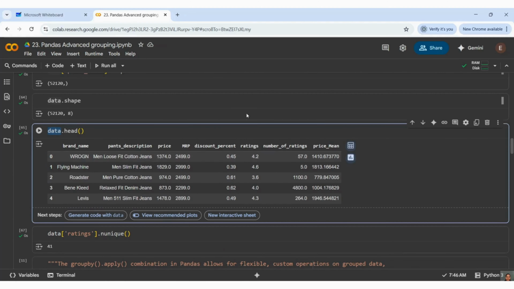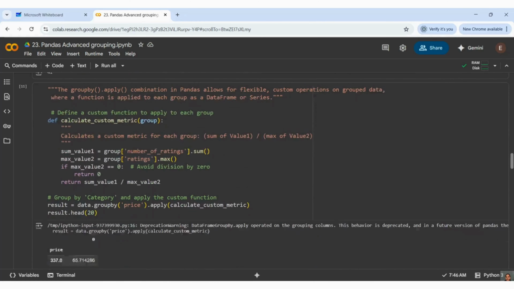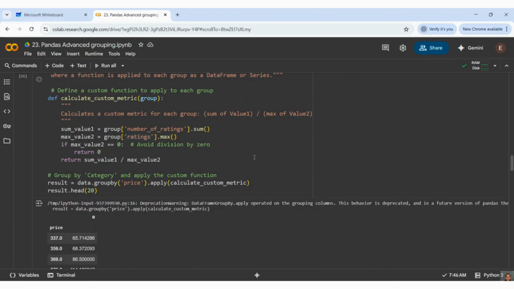This data, and here I am taking number of ratings sum, and max of rating. After that, I am just returning the sum of my number of ratings divided by max of my ratings. And now we will see how we can pass it. So this is my result I am expecting.